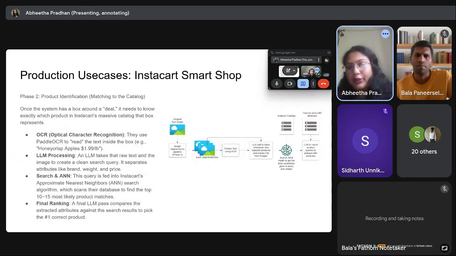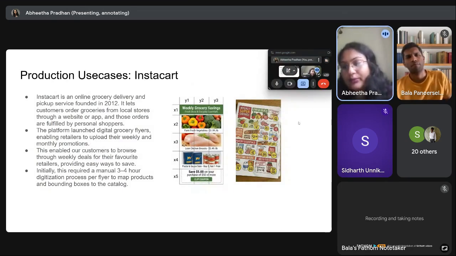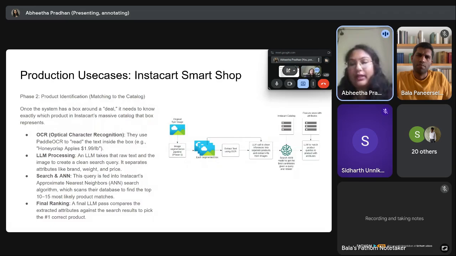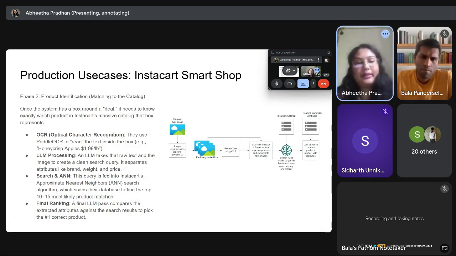After that, you still need to extract the text. What was the particular deal? You need to understand what the price was and what the deal was on. It was on apples, and it's buy one get one free. So for that, PaddleOCR was used to extract the text, for example, Honeycrisp apples at